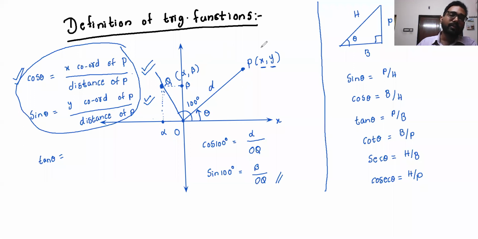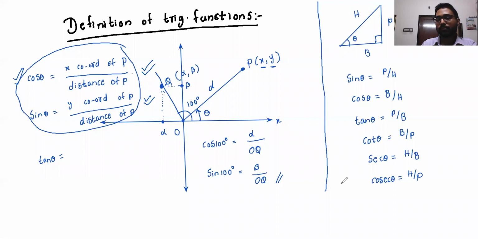All trigonometric functions are positive in first quadrant, because both sine theta and cos theta are positive, because in first quadrant, both x and y are positive. Since we have defined them this way, that's why all trigonometric functions are positive in first quadrant, and sine and 1 by sine are positive in second quadrant, tan and 1 by tan are positive in third quadrant, cos and 1 by cos are positive in fourth quadrant. So we'll come to it again in a minute.